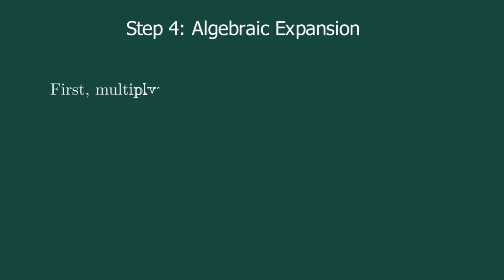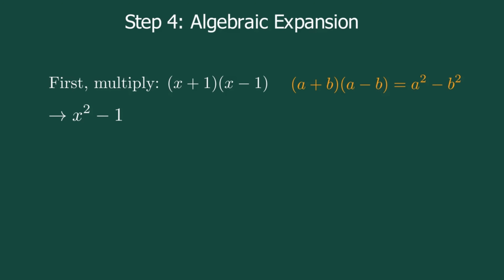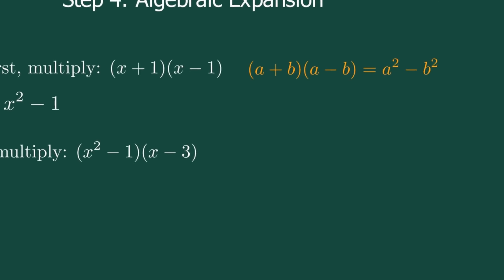First, multiply open parenthesis x plus 1 close parenthesis and open parenthesis x minus 1 close parenthesis. Remember the identity open parenthesis a plus b close parenthesis times open parenthesis a minus b close parenthesis equals a squared minus b squared. Therefore, open parenthesis x plus 1 close parenthesis times open parenthesis x minus 1 close parenthesis becomes x squared minus 1. Now multiply open parenthesis x squared minus 1 close parenthesis by open parenthesis x minus 3